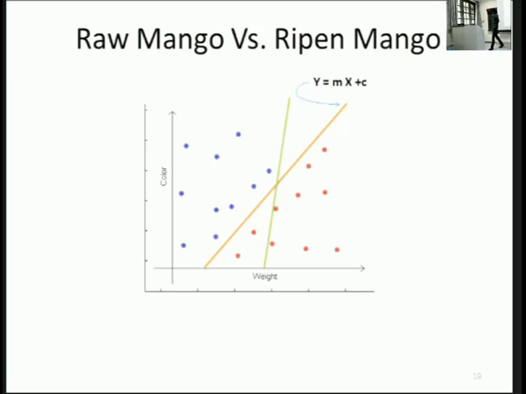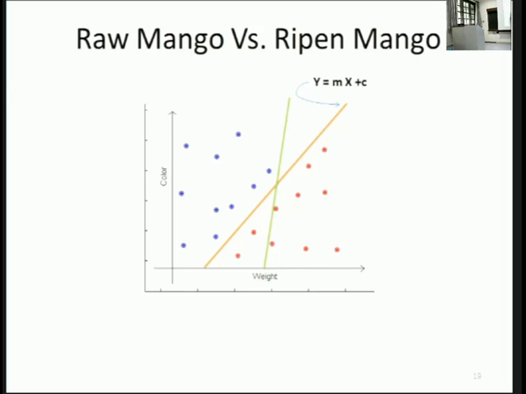Now you have to think, what didn't we do? We didn't explicitly say which are ripened or raw mangoes and how to differentiate them. What the algorithm did is find this line which separates them. This is where the explicit programming point comes in. Now there is this green line. The green line also kind of separates, but not in a good way. Is it good? It's bad, right? Because it's missing out some two points here.